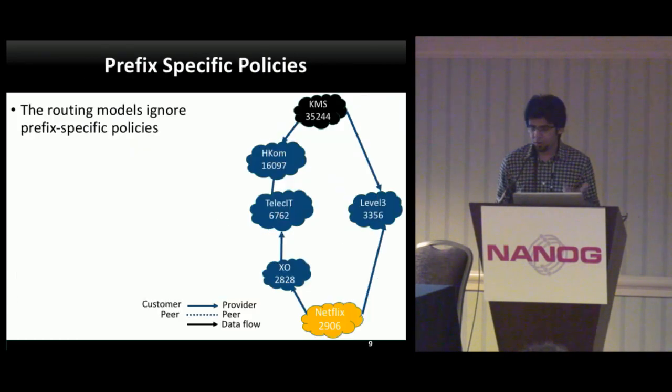So one thing about the Gao-Rexford model is that it abstracts inter-domain routing to the level of the destination AS. However, as we know, that's not always the case. ASs can employ prefix-specific policies. So just to give you an example of prefix-specific policies we observed, and how the predicted paths didn't match reality,